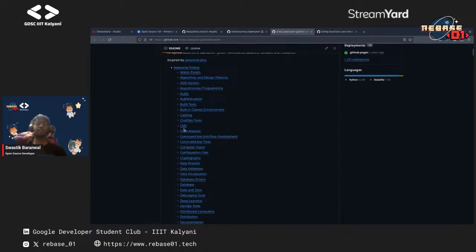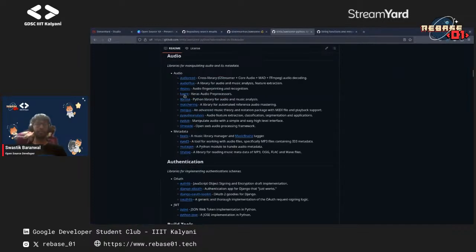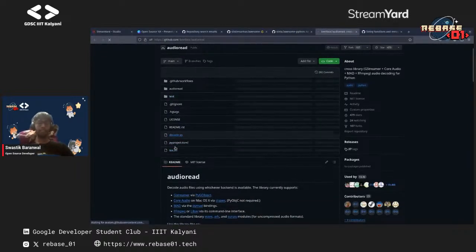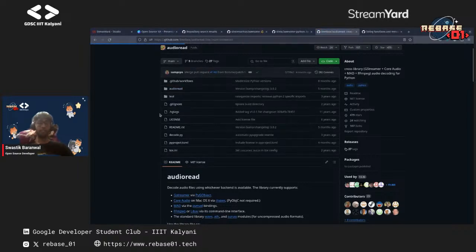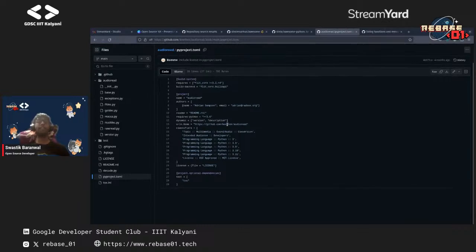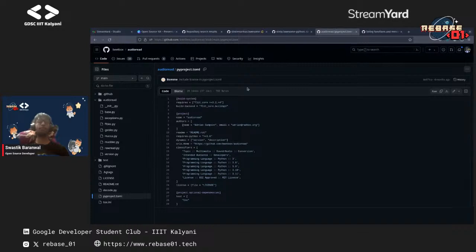For example, if I want to read their decoding library, I may want to port it into another language to learn the language I am interested in. For example, Go. And this is a Python library which I want to learn and get fluent with. So I mostly go to the functionality of the library and check their dependencies, what kind of dependencies their code is using. Then I try to see if that's replicable in Go.